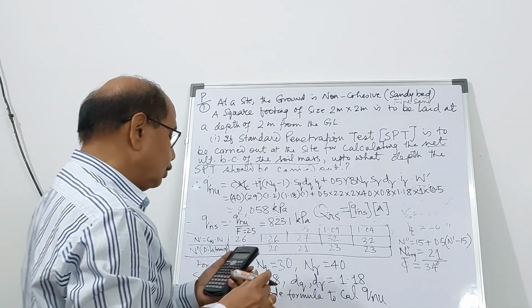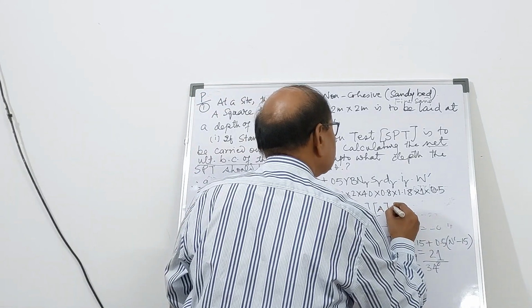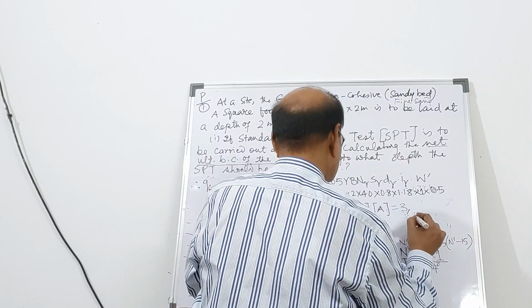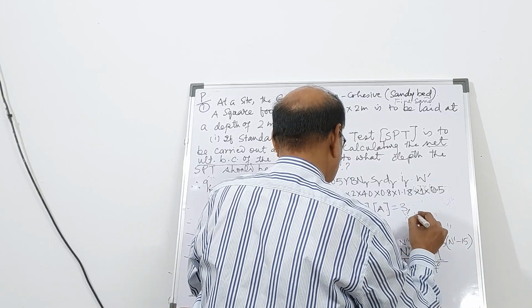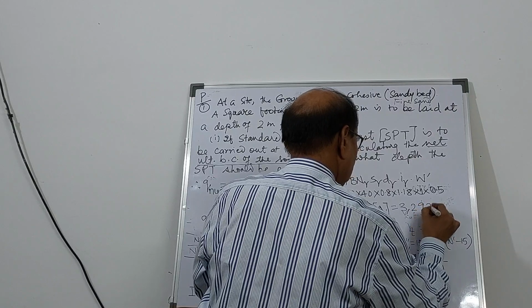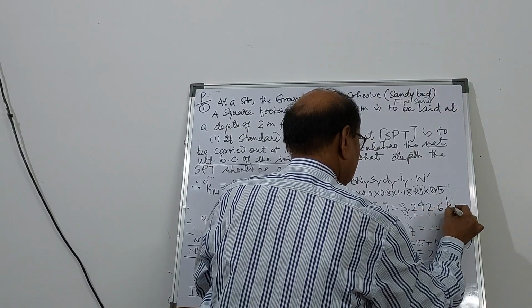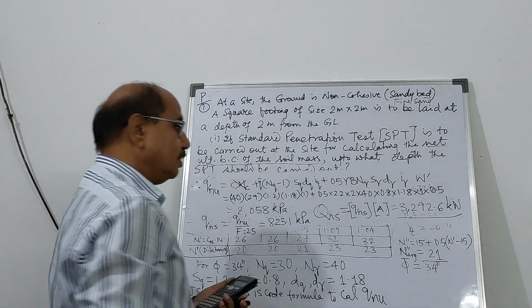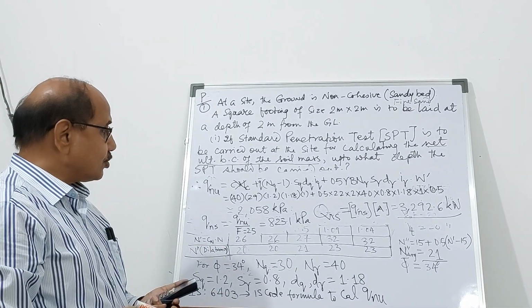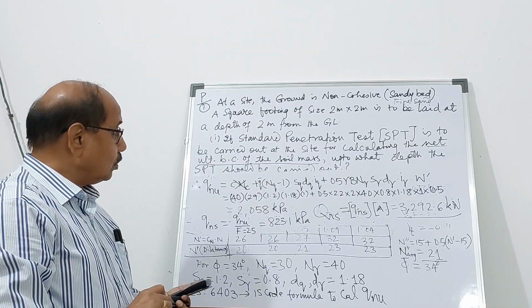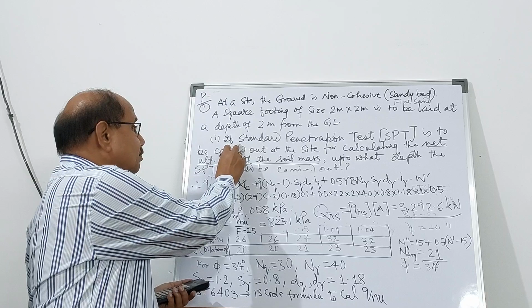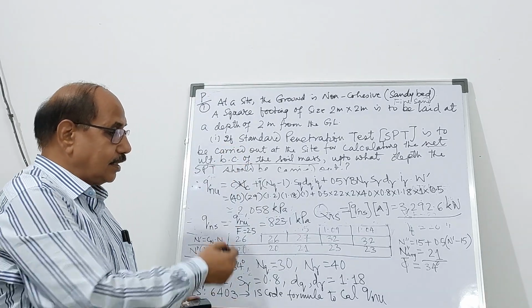So this gives you, in kilonewton, 3,292.6 kilonewton, the net safe load that this footing can resist. So this is how you can make use of SPT